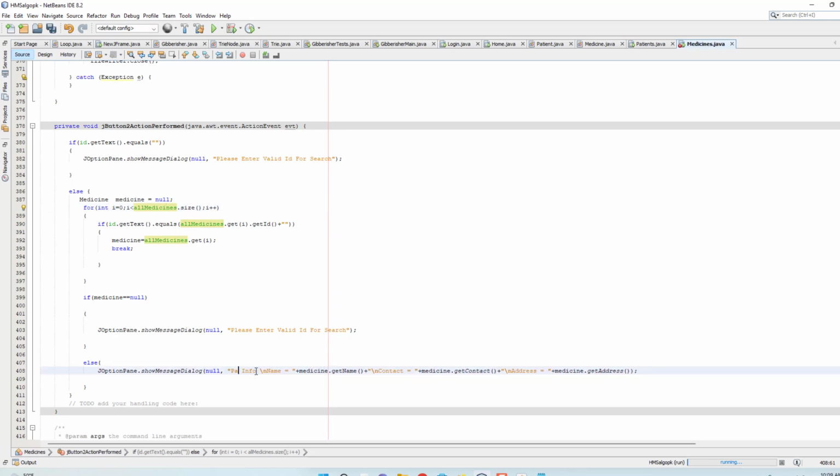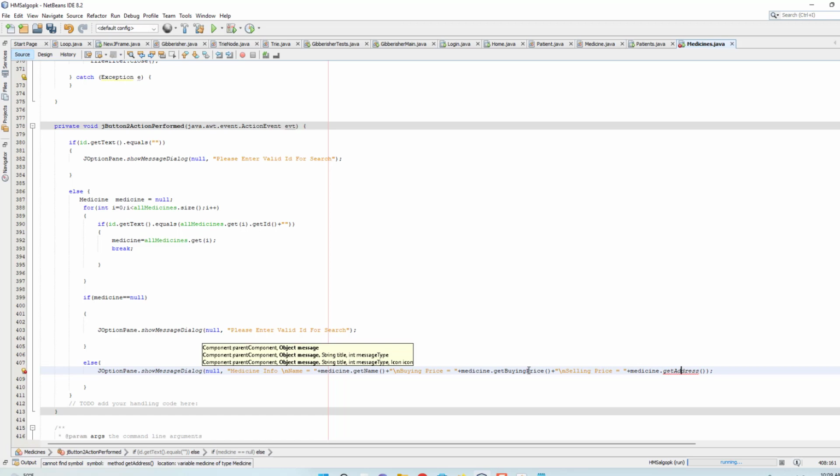Here we have to simply type medicine info. Okay, so medicine name and buying price. Okay, so medicine dot get buying price, and selling price, so here I have to type selling price. Okay,